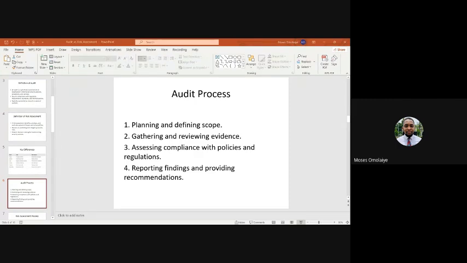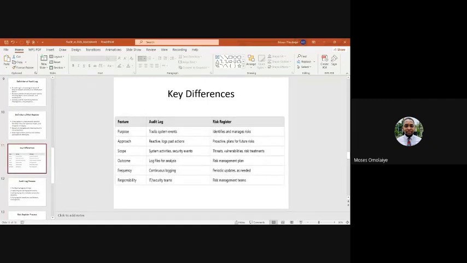The risk register helps you to plan for the future. So meaning that you identify this risk. Moving forward, how do we mitigate this risk? Do we transfer it? Do we mitigate the risk? Or do we accept the risk? Because you can actually do a risk acceptance too, just depending on the risk appetite of the organization.